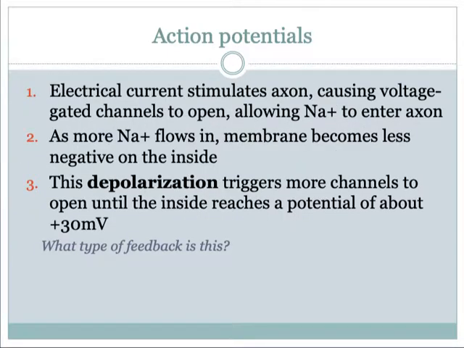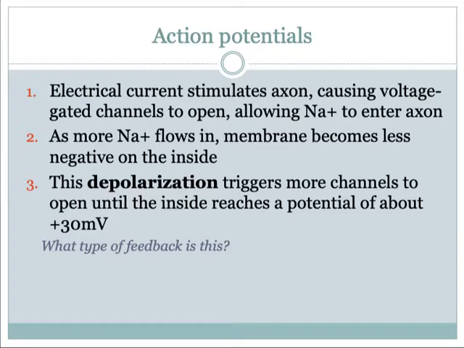So first, the electric current used to stimulate the axon causes the opening of these voltage-gated channels in the cell surface membrane, which allow the sodium ions to pass through. And there is a much greater concentration of sodium ions outside the axon than inside, so sodium ions enter through these open channels. To begin with, though, only a few channels are open, and this changes the potential difference across the membrane, becoming less negative on the inside. And that's called depolarization, which triggers some more channels to open so that more sodium ions enter,